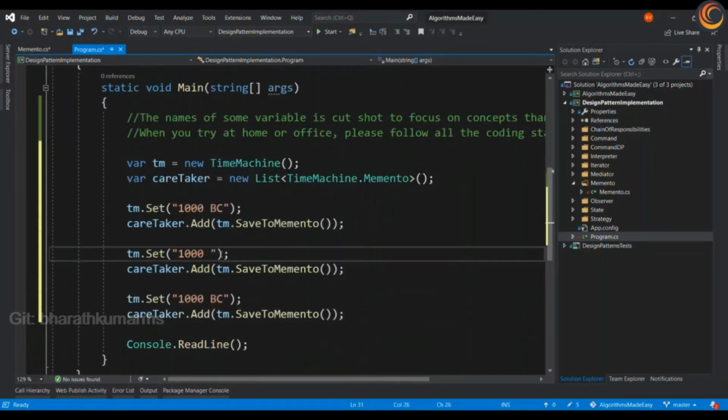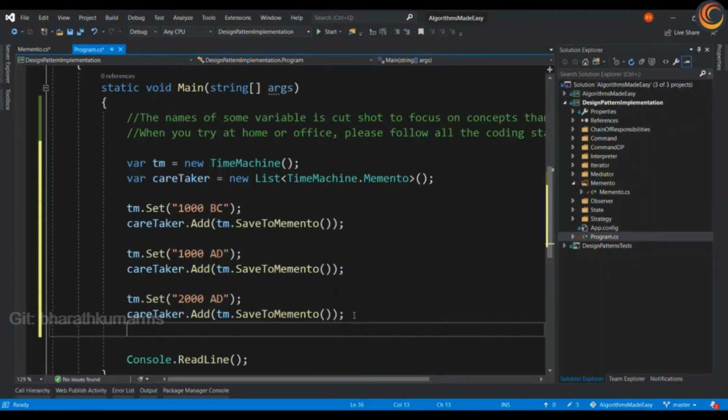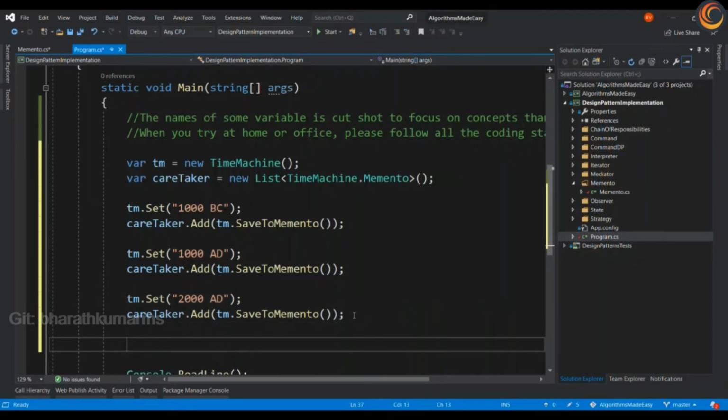Let me call this 1080, and this can be 2080. Now we can restore to any one of these checkpoints in the client code. So I am going to now restore to the 1080 in time machine.